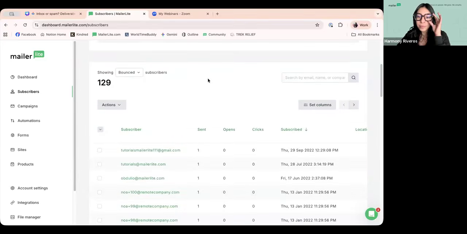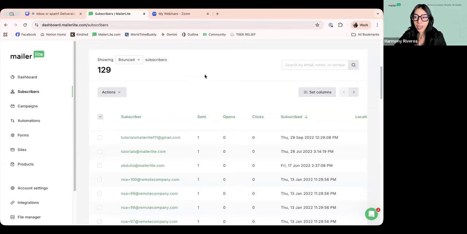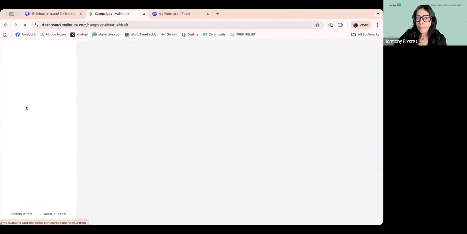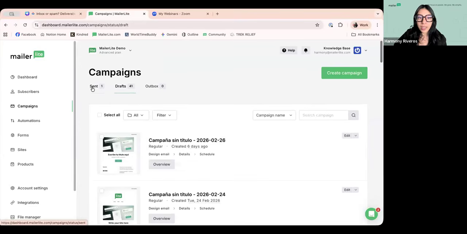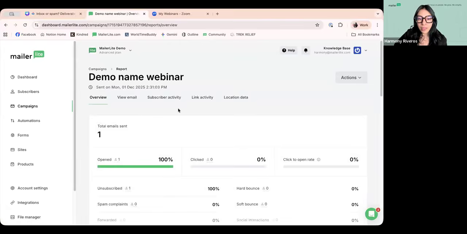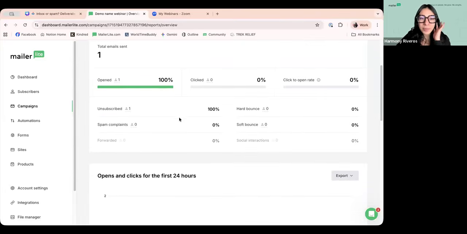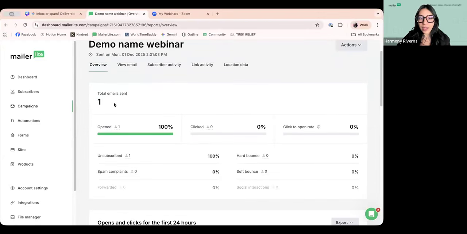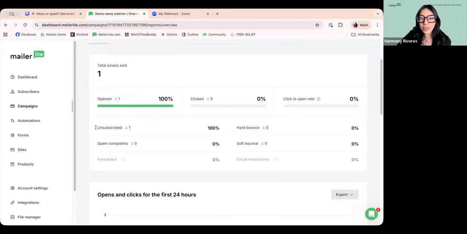Same thing with bounced. So bounces are in two different categories. There are soft bounces and hard bounces. And if we go over to campaigns and we look at a sent campaign, let's look at the report. This one won't have too many stats, but that's okay. Every campaign that you have sent, you can look at the overview and see these details. You can see the unsubscribes, you can see spam complaints, and you can see the bounces separated into hard bounce